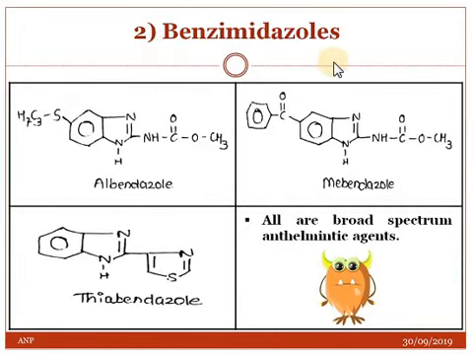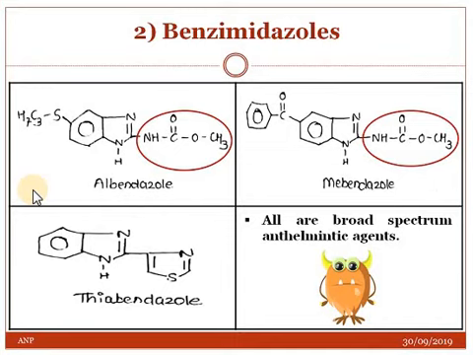Next class, benzimidazoles, for example, albendazole, mebendazole, and thiabendazole. The main pharmacophore present in all these structures is the benzimidazole nucleus, having two substitutions at the second position and at the fifth position. In case of albendazole, carbamate functional group is present at the second position. In case of mebendazole, again carbamate functional group is present at the second position. But in case of thiabendazole, thiazole ring is present at the second position, and